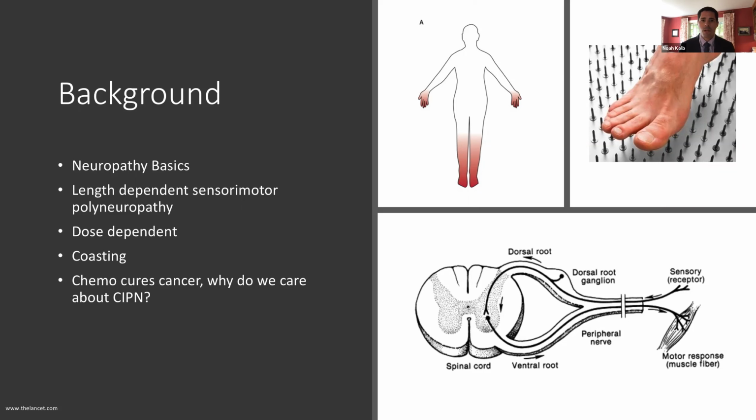Those are the nerves that supply a lot of the organs throughout the body. They can cause a variety of other symptoms, which we'll talk about later today. So other basic principles for understanding chemotherapy-induced neuropathy: it's a toxic neuropathy, meaning it's coming from the toxin,